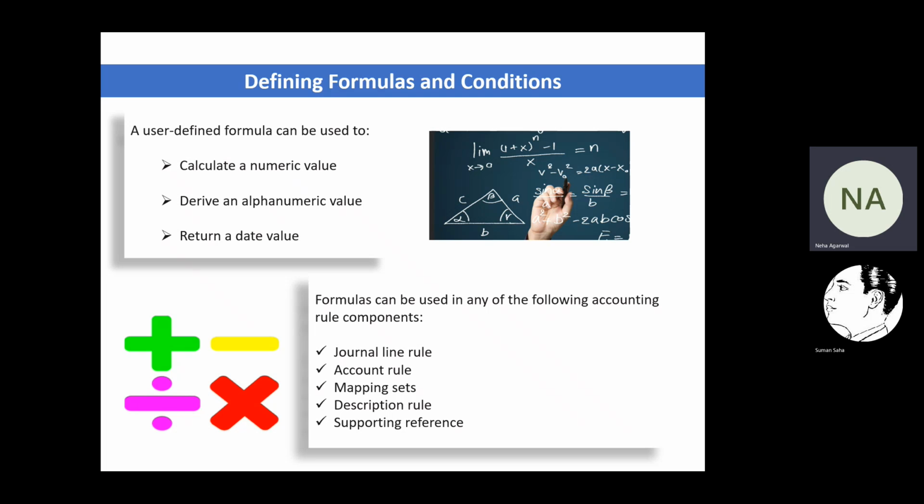Predefined functions and conditions can also be used to derive the resulting values. The source information is entered in double quotes, the constant values are entered in single quotes, and the date value is added in the format of YYYYMONDD. So the steps will be, we will define the formula, then we can use this formula in the account rule, mapping sets and the description rules,